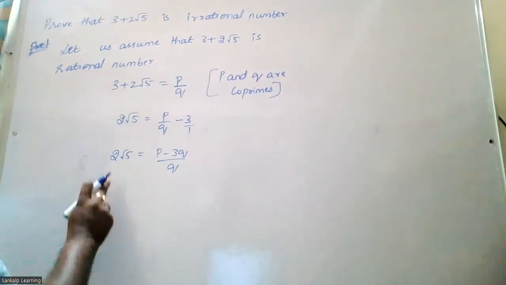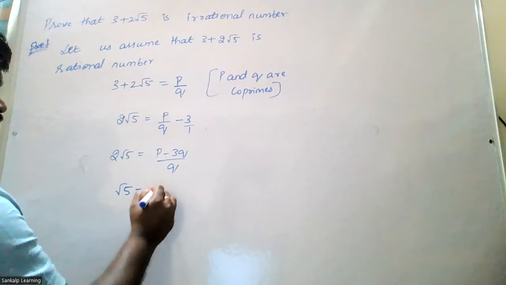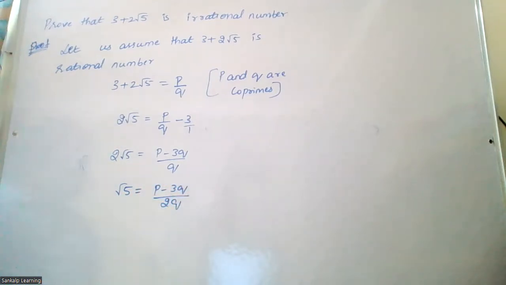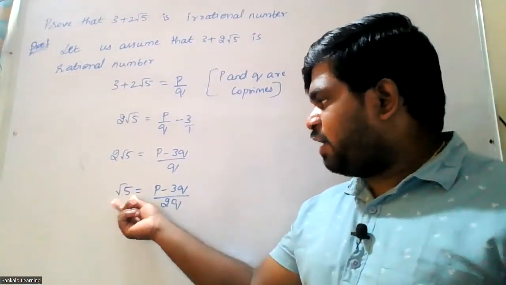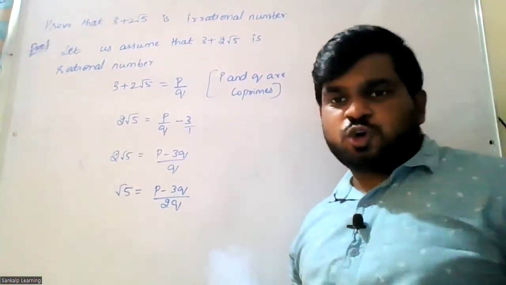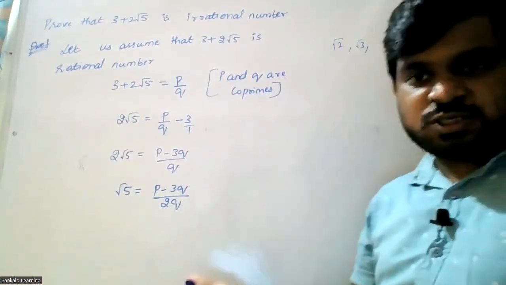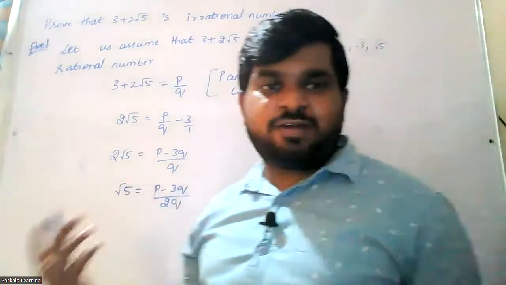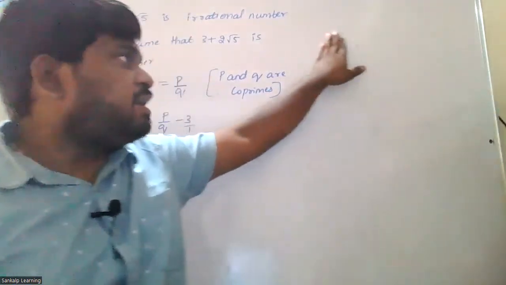Okay, now let me transpose this to this side. It's in multiplication. If it comes this side, it will become division. Root 5 is equal to P minus 3Q by 2Q. Now observe carefully what we have got. We have got root 5 is equal to P minus 3Q by 2Q. Okay. Now, so far in the previous section, we have known that root 2, root 3, we proved it, right? Just now we proved that root 2, root 3. Similarly, same procedure, you can also use it to prove that root 5 is an irrational number. So all these are irrational numbers. We know how to prove that is irrational. Now observe,